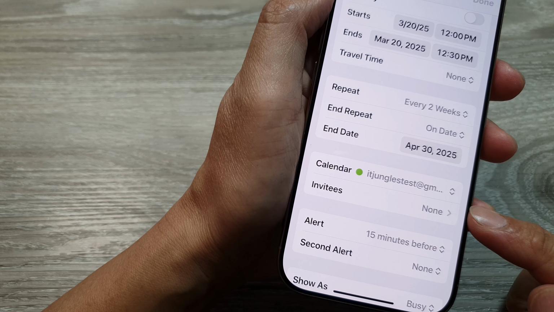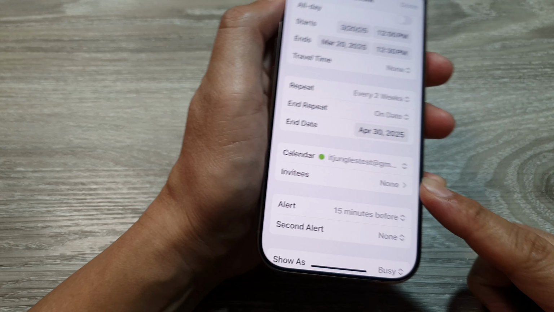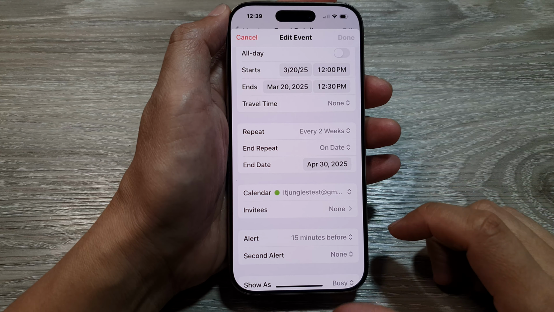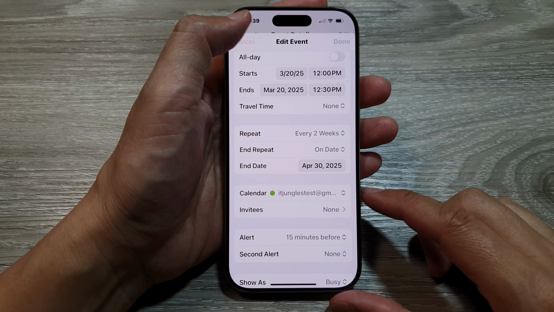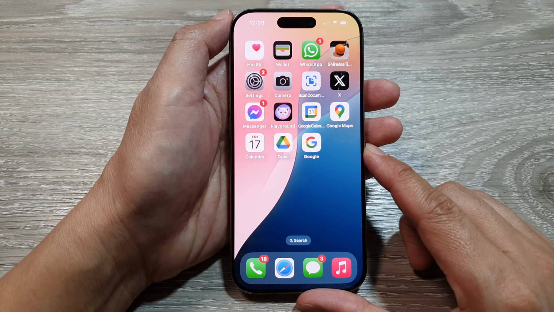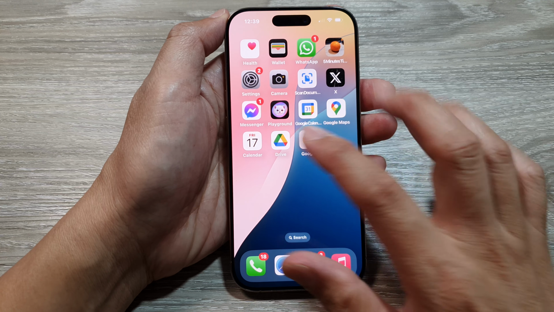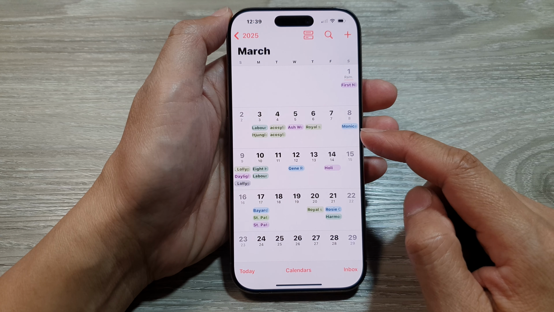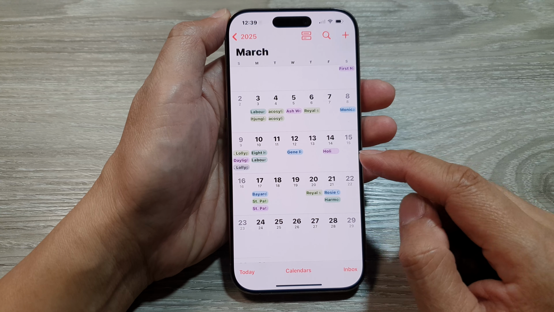How to send invitations in calendar on the iPhone 16 series. First, let's return back to the home screen by swiping up at the bottom of the screen. Now from the home screen, tap on calendar, and in the calendar app, open up your calendar event, or you